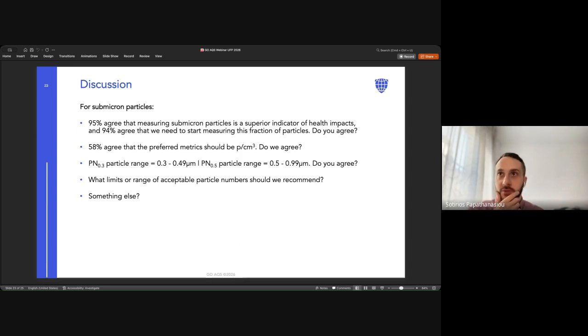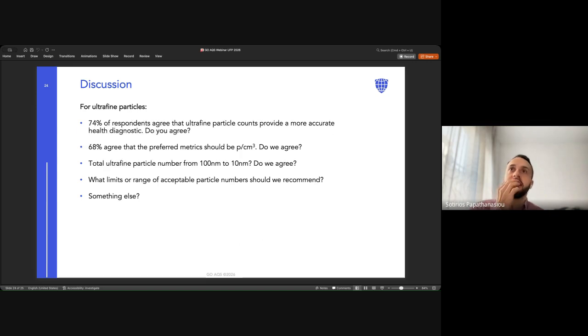Providing that kind of information to us is very important in order to get an understanding. Maybe then we can communicate that information to epidemiologists in order to determine if there is a safe level for those specific submicron particles. And when it comes to ultrafine particles,